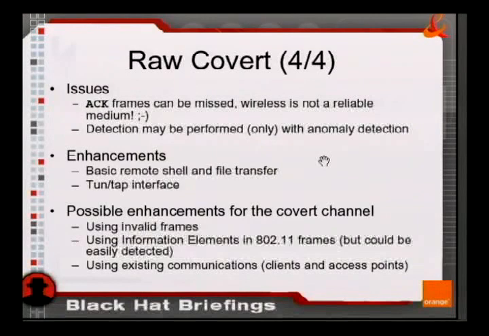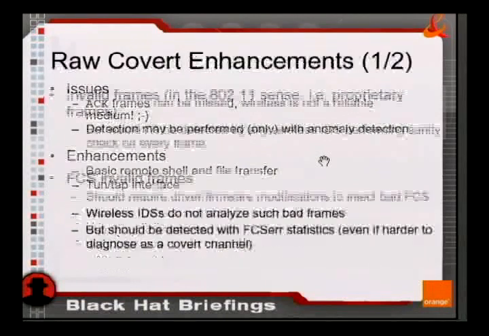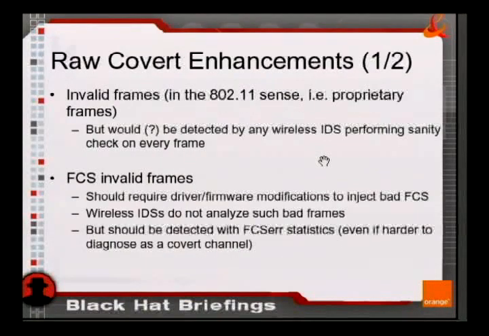It's working pretty well, but there are many possibilities. For example, if you want to play with a covert channel, we can also try to use, for example, invalid frames, or play with the protocol. For example, something that could be very easy to do and very difficult to detect: we can use some bad FCS frame, invalid FCS. FCS is the frame check sequence,